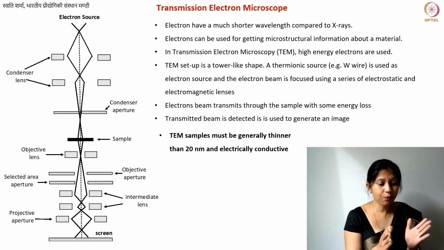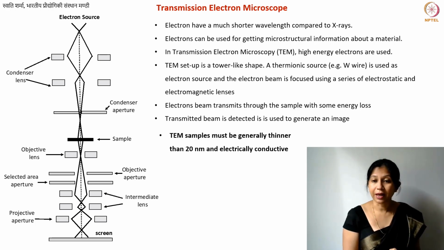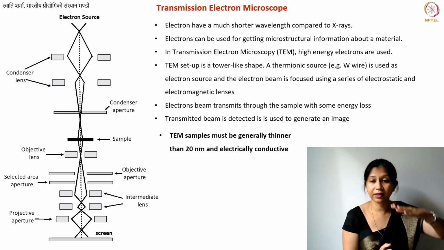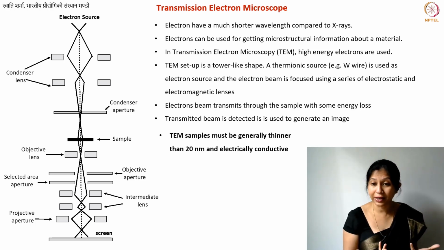Now we already come to more of the experimental part and the analysis part, right? When you prepare the TEM samples, in principle it should be thinner than 20 nanometer, if you want the electrons to pass through it and if you want to see the microstructural information. If you have a thicker sample, what happens? Well, nothing bad will happen. The only thing is that you will not be able to see the microstructure.